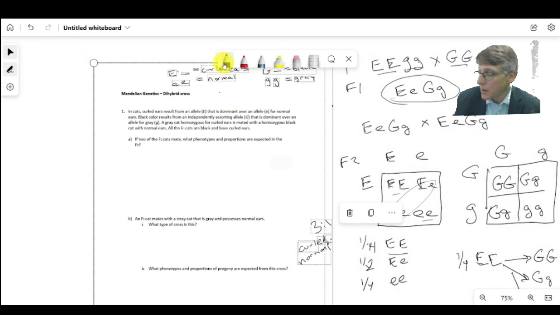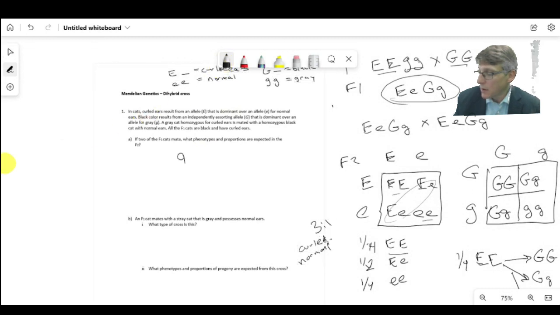So we'll end up with a 9 to 3 to 3 to 1 ratio. So the question is, what does 9 to 3 to 3 to 1 mean? Well, just like when we looked at a monohybrid cross and we said we have a 3 to 1 ratio, what we're talking about are the phenotypes that we find for that particular one trait. And so in this case, we have 3 curled ears to 1 normal ears. Well, 9 to 3 to 3 to 1 is the same thing, only what we're going to find is